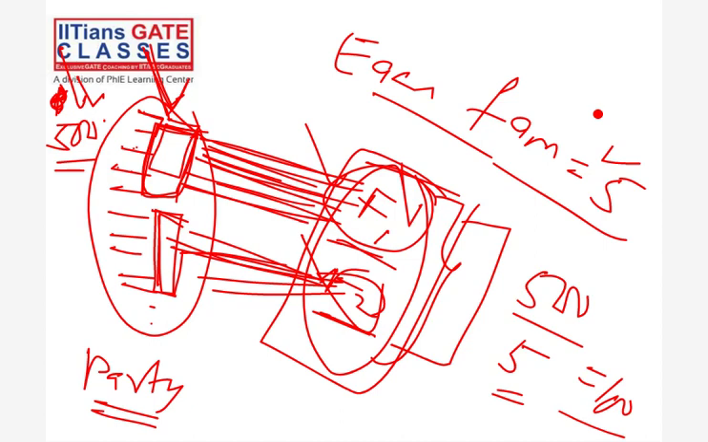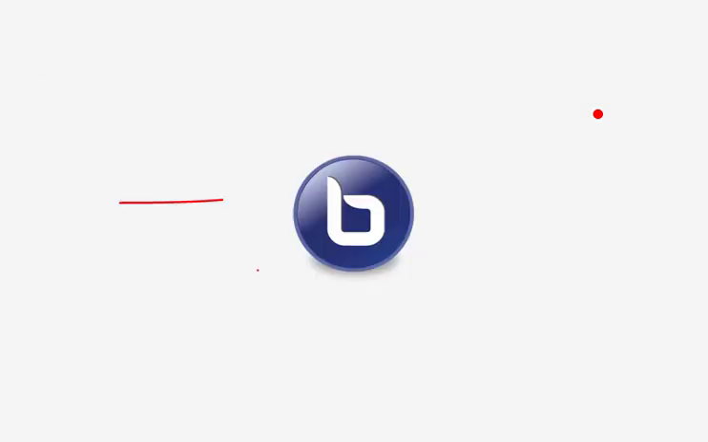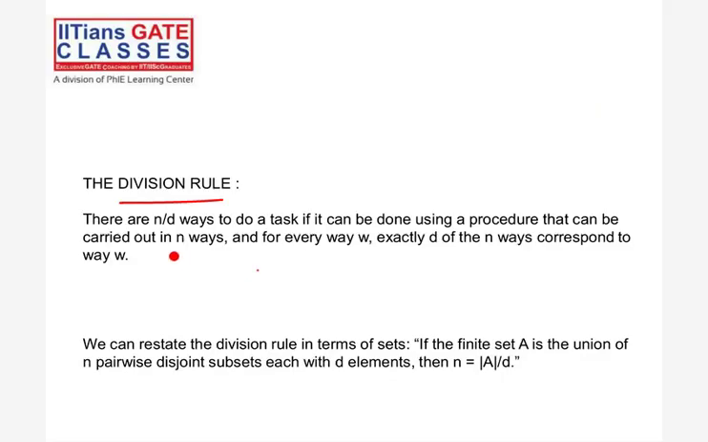Now we can try to solve questions on this division principle. Before that, let me just go through this. There are n by d ways to do a task if it can be done using a procedure that can be carried out in n ways, and for every way w, exactly d of the n ways correspond to way w. Okay, so this is a tedious definition, but